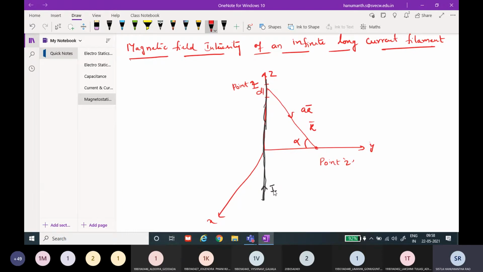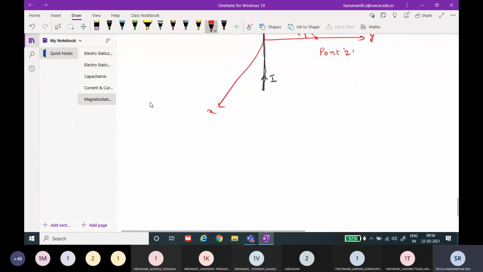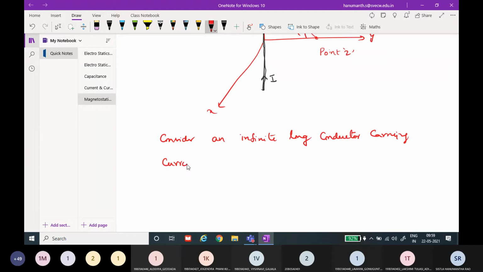Now note down this is the case. Consider an infinite long conductor carrying a current I along the z axis. Let a current element I dl on the conductor be at a distance